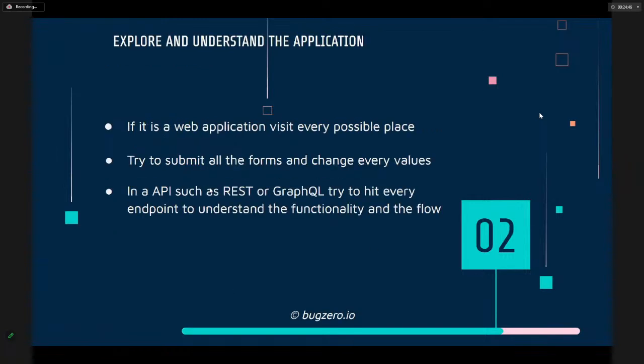So for the next step, of course, I'm going to go through the web application and try to visit every possible place I can. Let's say I get an e-commerce website, and I try to go through everything, from user creation to buying things, all that stuff. One of the things I want to talk about is that bug bounty can be very challenging at the moment, actually,